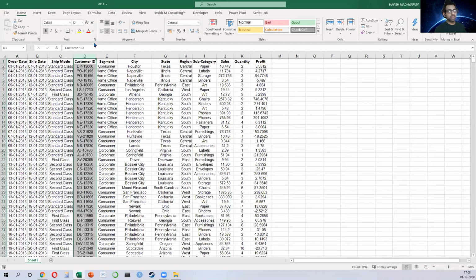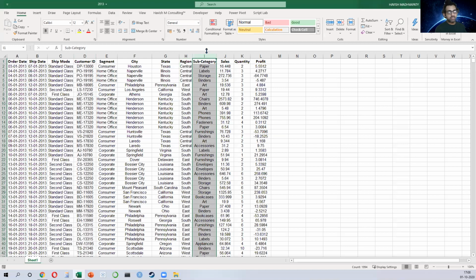Now, the problem is that if I ask you who were the top 5 customers, you would have to do a VLOOKUP, correct? You would either do a VLOOKUP or an XLOOKUP or an index match. But one thing is for sure, that you have to write a formula. Otherwise, how will you combine the 2 data sets from 2 different files into a common one, correct?